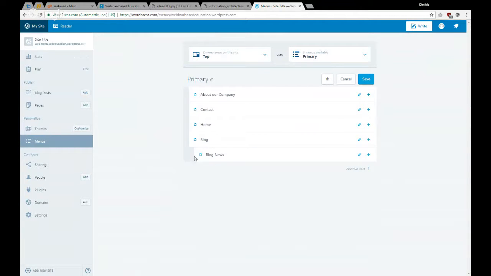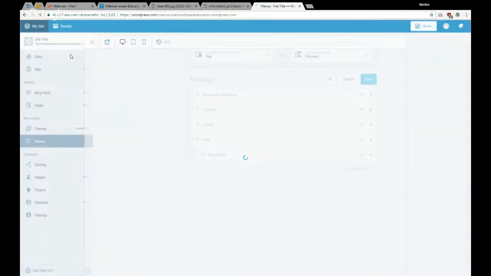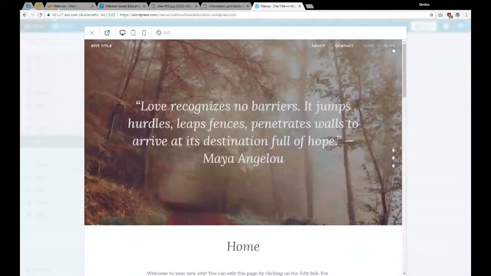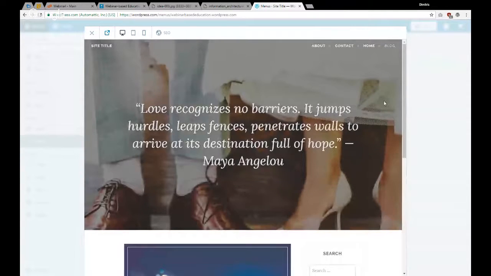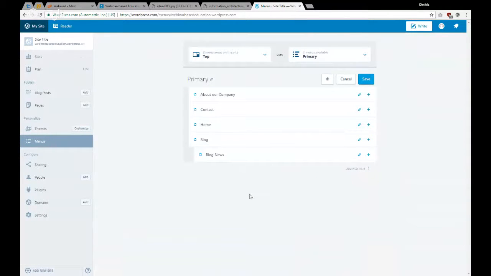As you can see, it's indented here, so it's a child of the blog page, which means that when we go to our website, this blog page will have a submenu that will open. So right now I'm just going to click save,